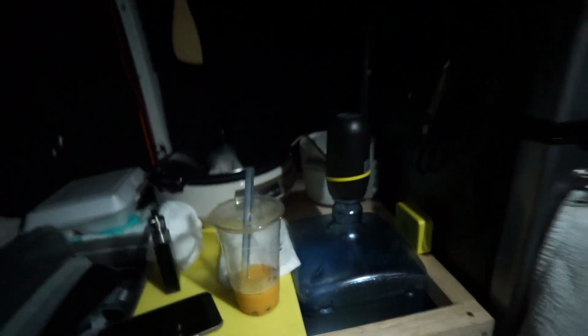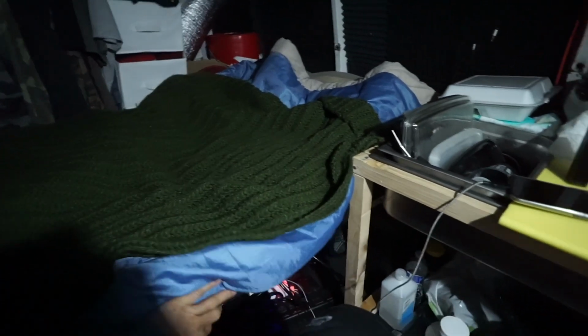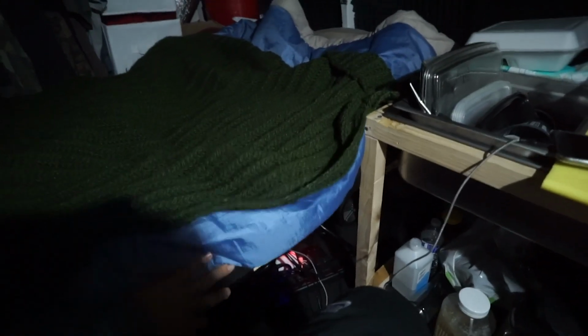But yeah, my sink setup's working great. Sorry it's a little bit messy in here right now, but yeah, just stuff. Here's my bed. It's been working good. I have been meaning to remake it with aluminum, but because of coronavirus, I really haven't been able to. So yeah, coronavirus,